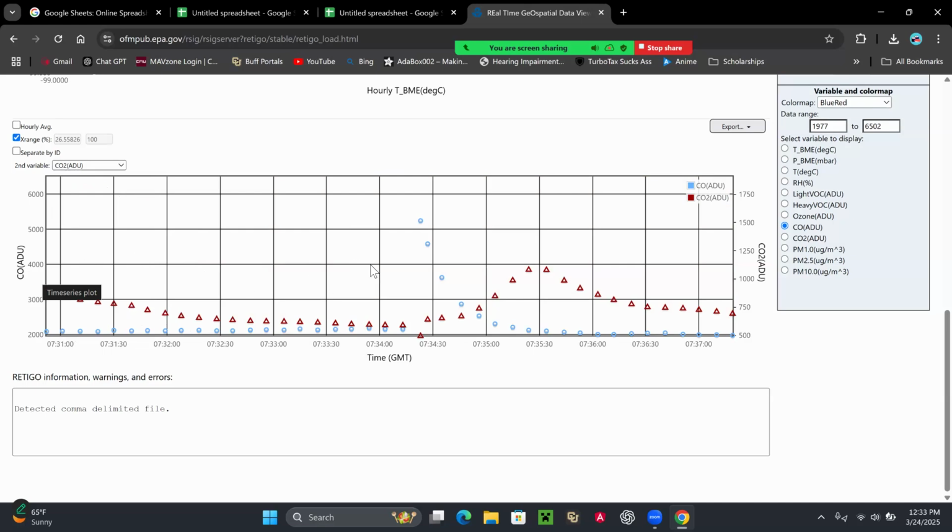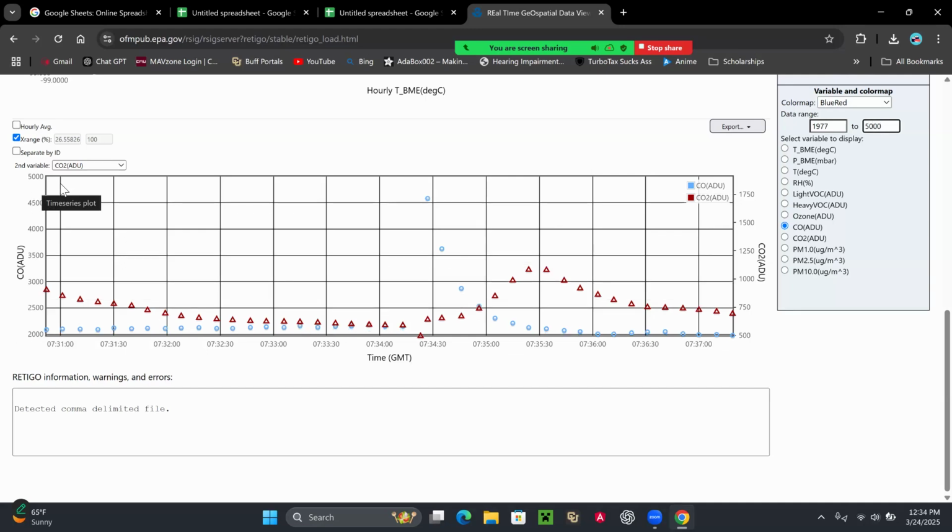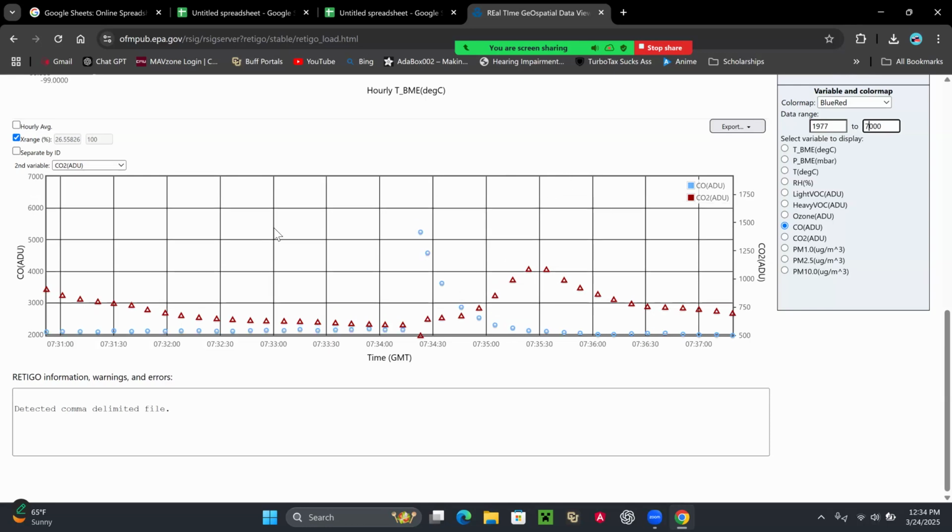If you want to zoom in further on a graph, you can use your cursor and you can change the y-axis by coming over to the data range, and this is your lower y-axis limit, so what's down here, and this is going to be your upper. So if we change our upper to 5,000, you can see right over here, this new limit is 5,000, or we could change it to 7,000. Whatever works best for